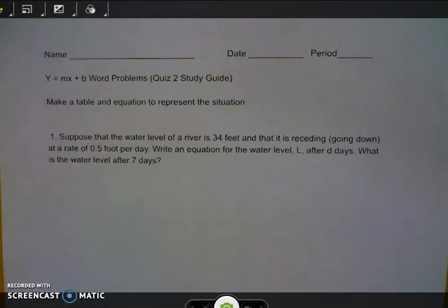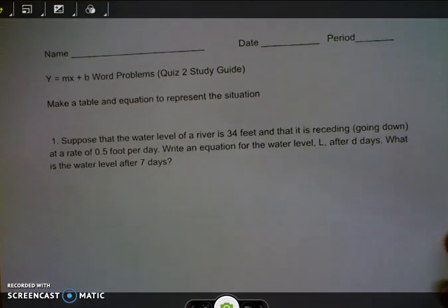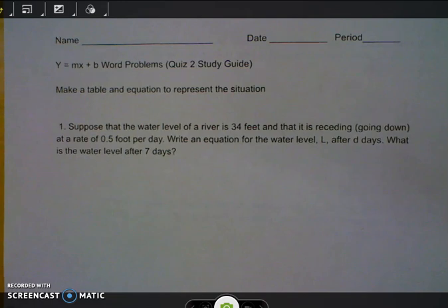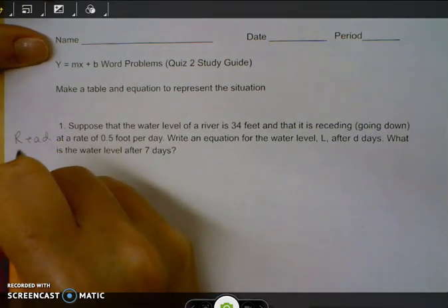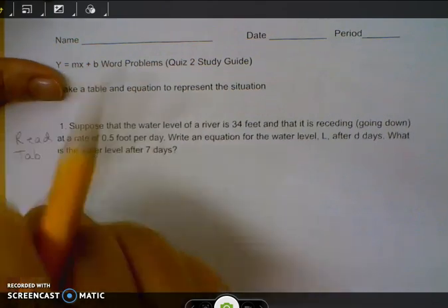Hi guys, I wanted to go over the questions for the two-step word problems so that you guys can be ready for your quiz tomorrow. So I'm just going to go through and solve the 5 that we did in class so that you can review at home. So I'm going to use my 5 steps of